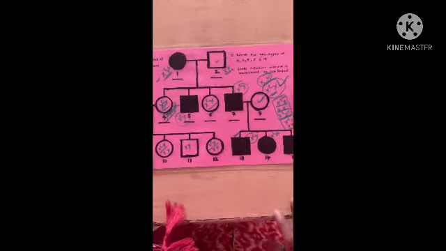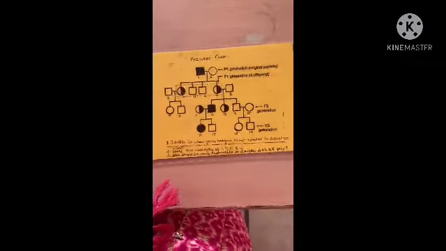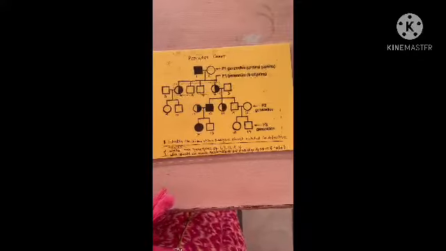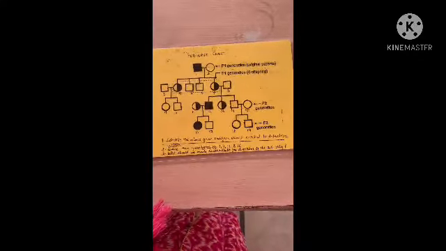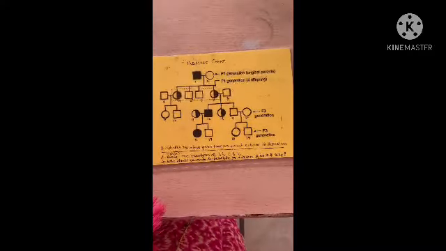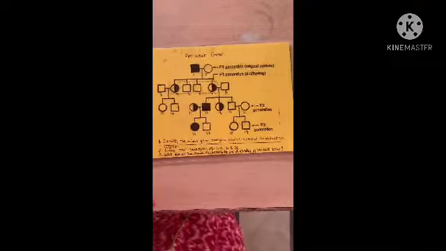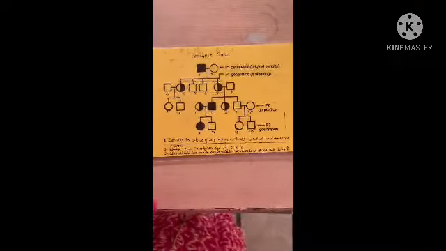Okay, so this way these are the certain pedigree charts we have. This is another example, also related to color blindness. I have just explained one, so based on that you will be able to try to manage on your own. You try to analyze this one and give answers to whatever questions are written there, based on the previous one we have discussed. Okay, so this you will be able to do.